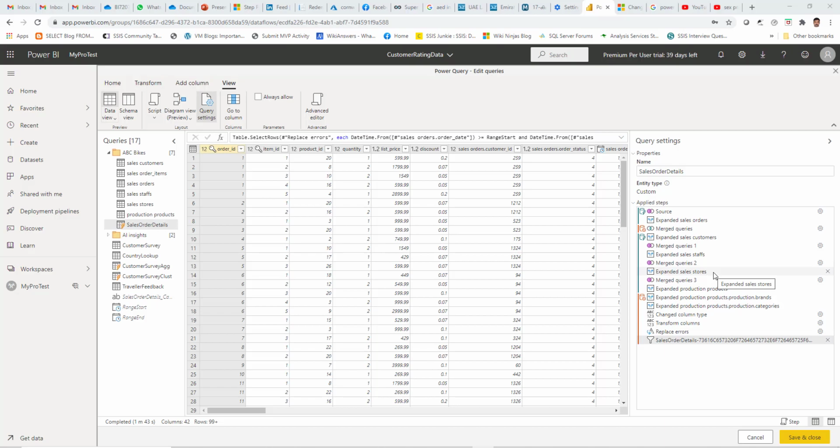Let's look at an example of a dataflow entity inside which we can see how the new fold indicators are being used. So in this case, we can see that we have multiple entities available inside a dataflow, of which the entity that we are currently interested in is a sales order details entity.